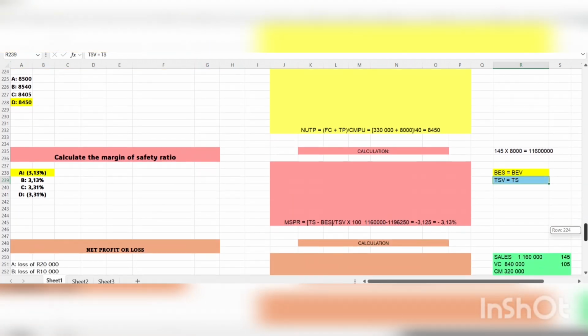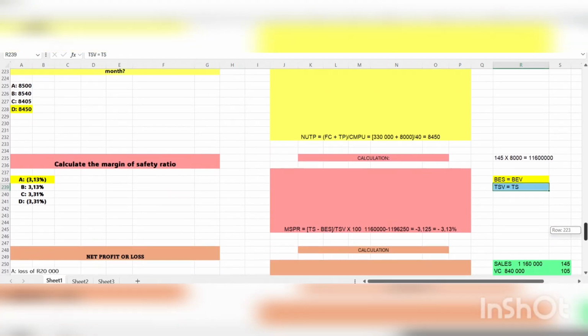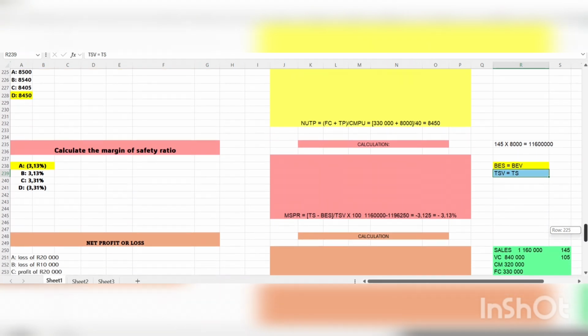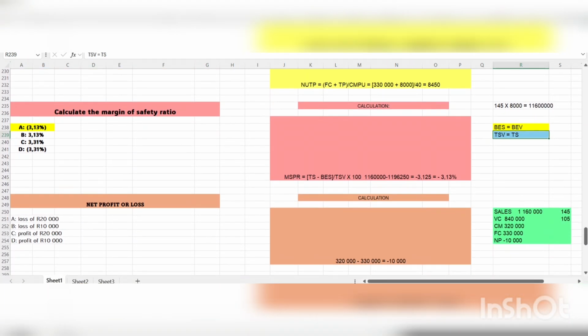The next thing we're going to do is calculate our net profit or loss. To do that, we're going to have to use the information that we were given, and you're going to have to draw up your marginal format table, or whatever it's called. All right, so we took 145 times 8,000 units and it gave us total sales of 1,160,000,